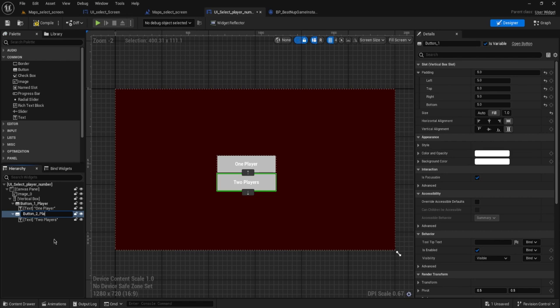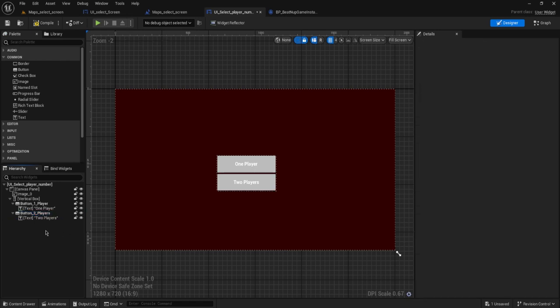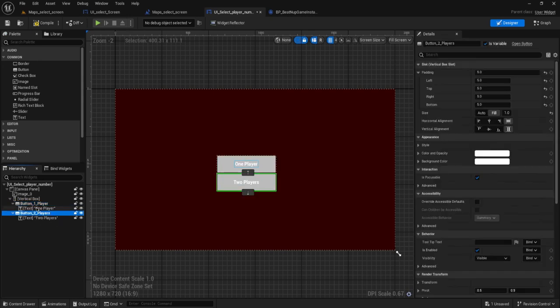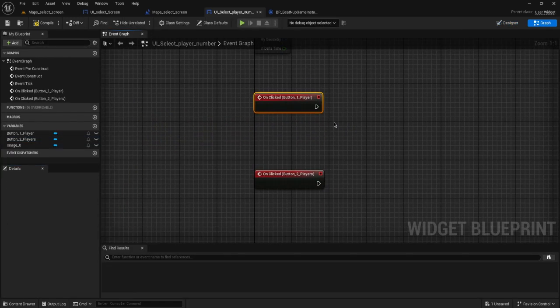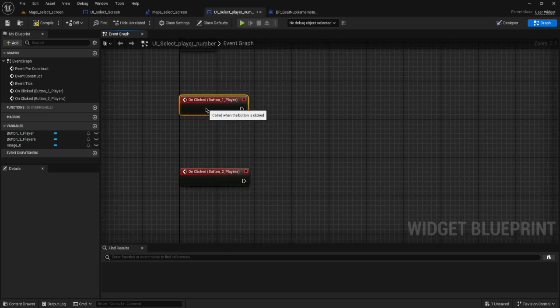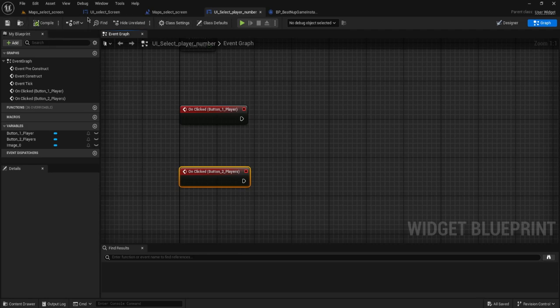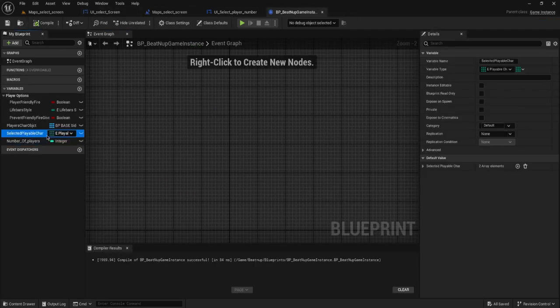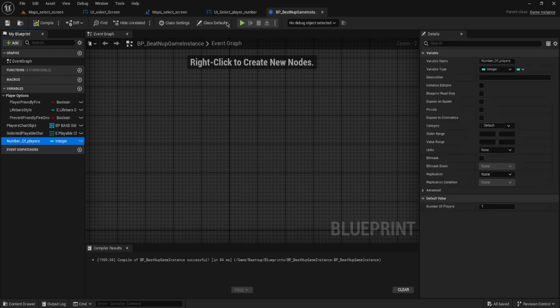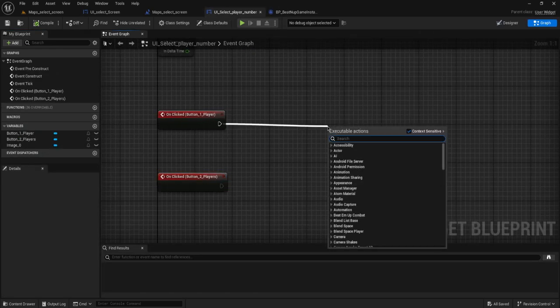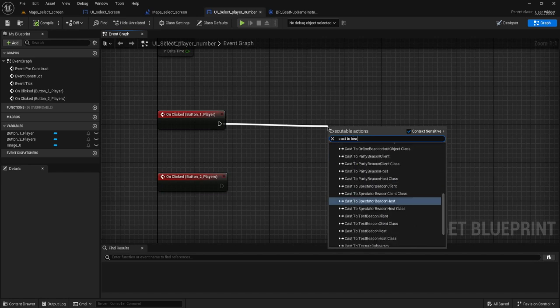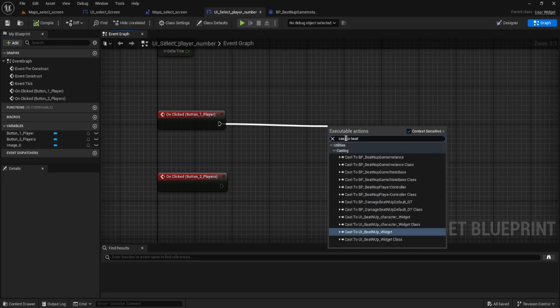2 players. For organization purpose, you put the name that you remember what you're doing, and in here button player 1 and button player 2. What I will do is call the beaten up game instance and set this variable right here. So I need to cast to beaten up game instance